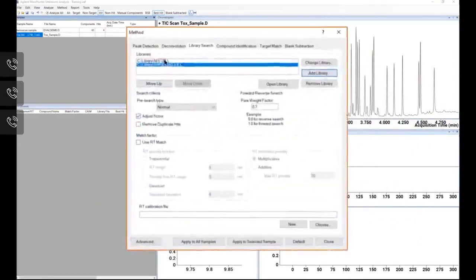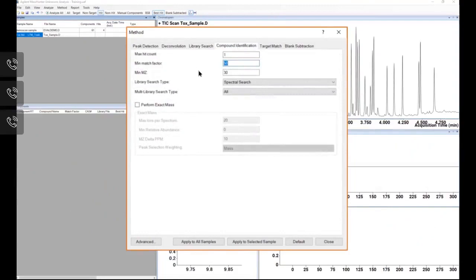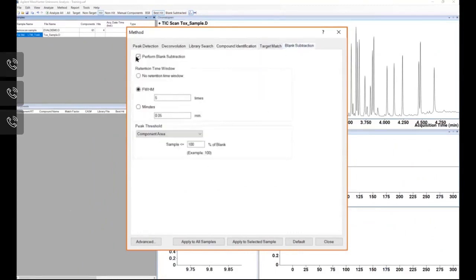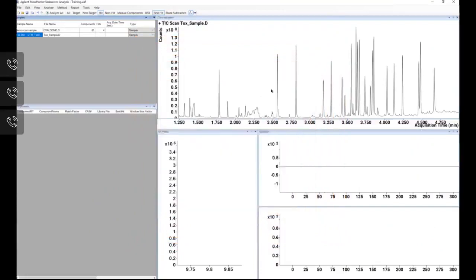Okay, so it will search the NIST library first and then the SWGDRUG library. And whichever hit is present that gives me the highest score is what will be displayed. I'm not going to change anything on this tab. My compound match factor, I'm going to put that back up to 70. I'm not going to change anything anywhere else. The blank subtraction, not going to have on because I don't have any blanks in my system. I'm going to apply this to the sample that I have highlighted, close it, and you can see this is